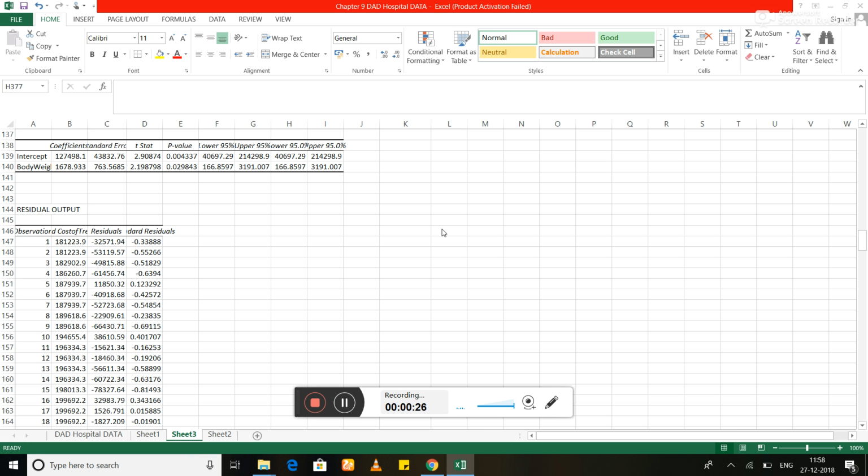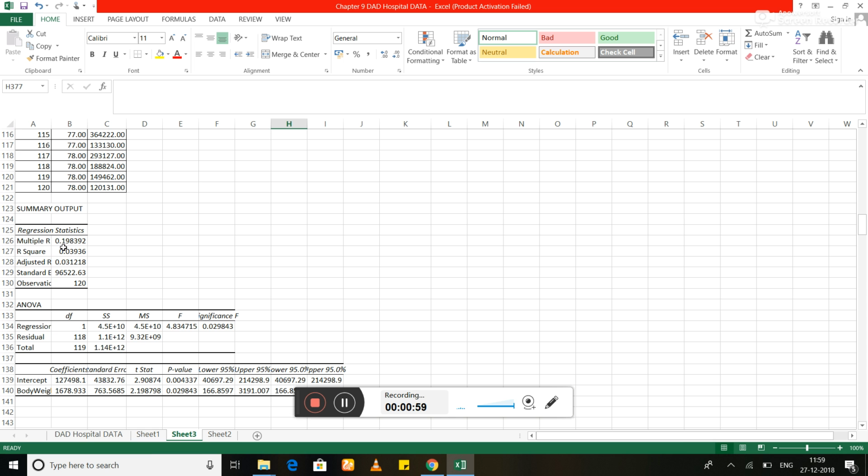First one is the coefficient of determination, the R square value. Speaking from the exam point of view, if the problem particularly asks for a residual analysis to validate the model, you only stick to doing the residual analysis. You don't have to bother about other things like the hypothesis test for regression coefficient. But irrespective of whatever it is, you will have to write down a brief summary of the R square value, which is directly given in the summary output here. You can see that an R square value of 0.039 is obtained for this particular example.